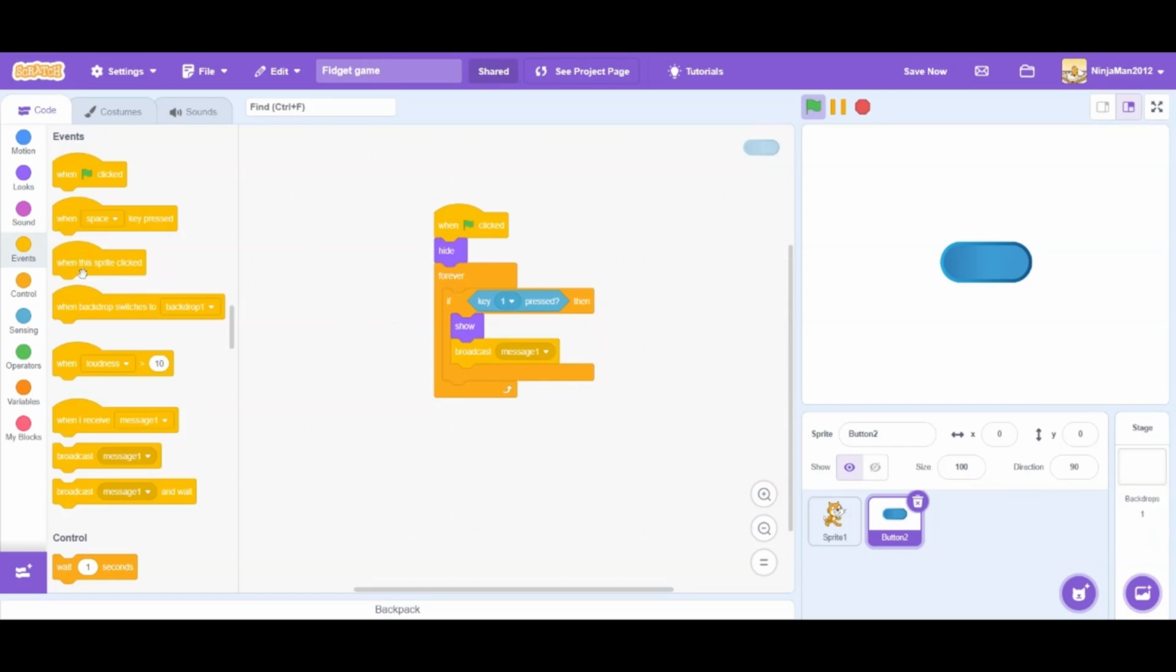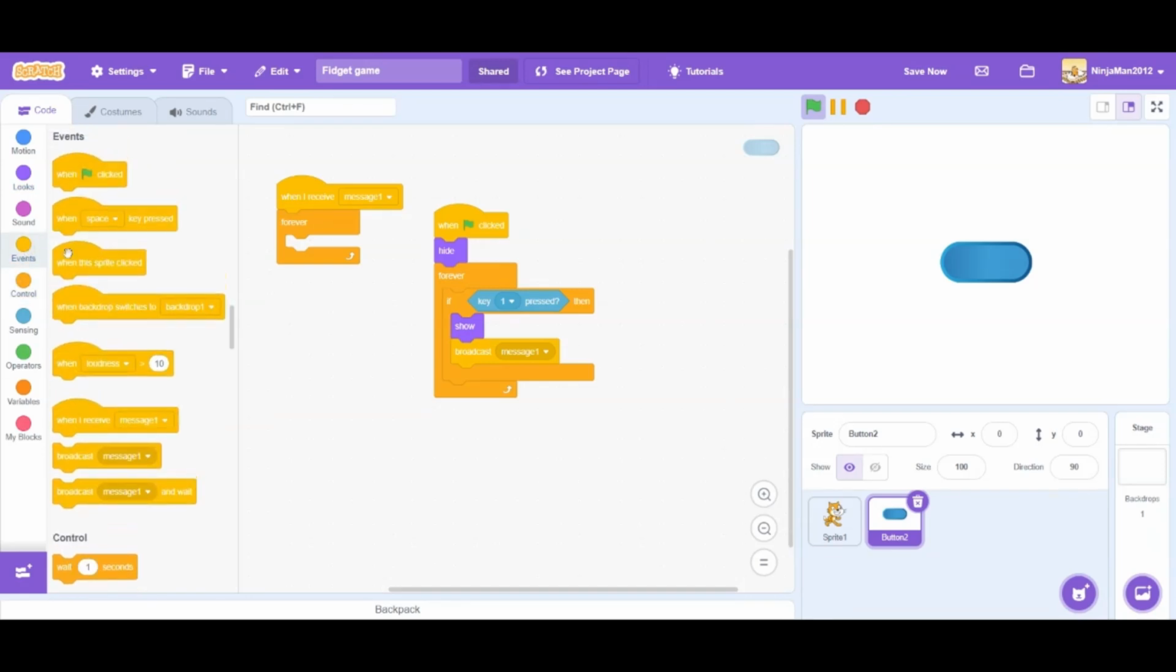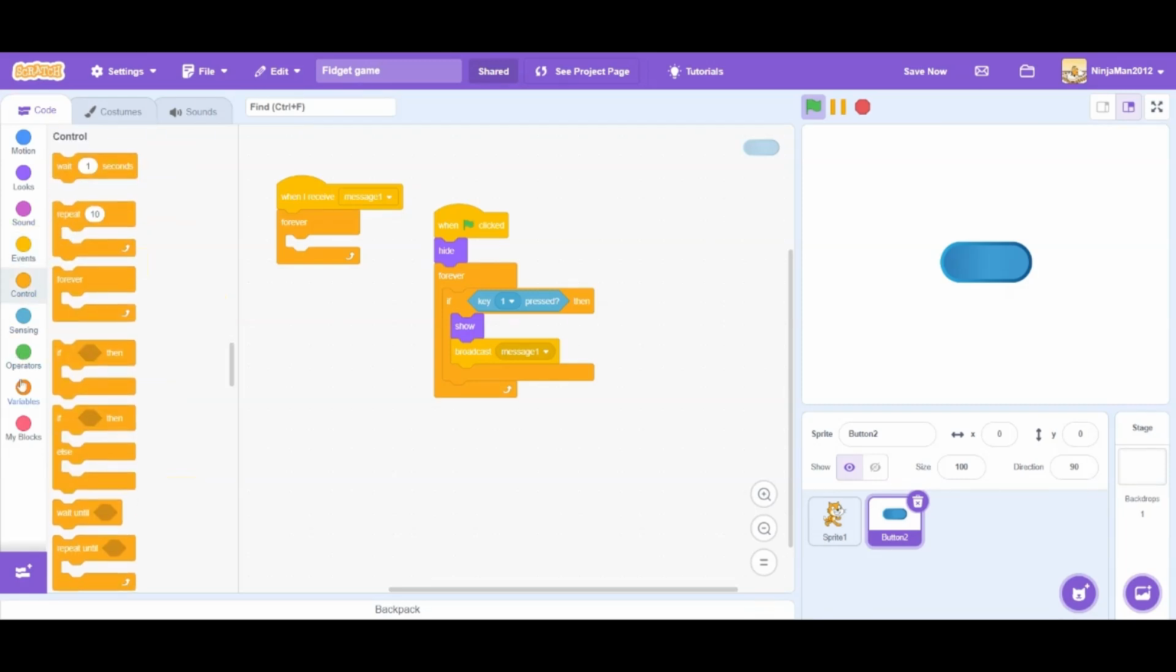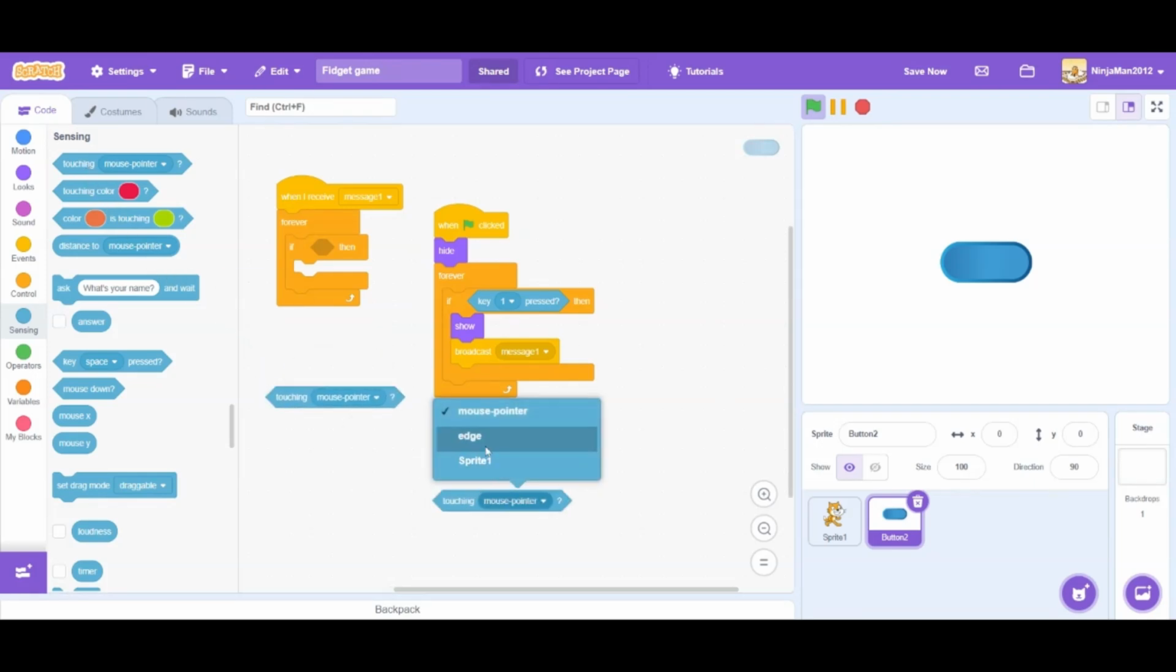and when I receive message 1, forever, if touching mouse pointer and mouse down,